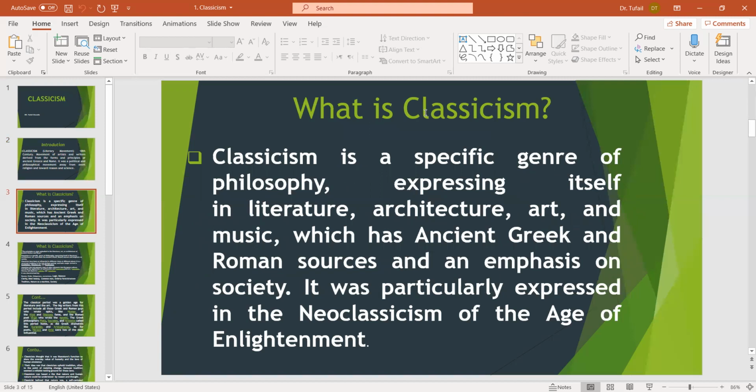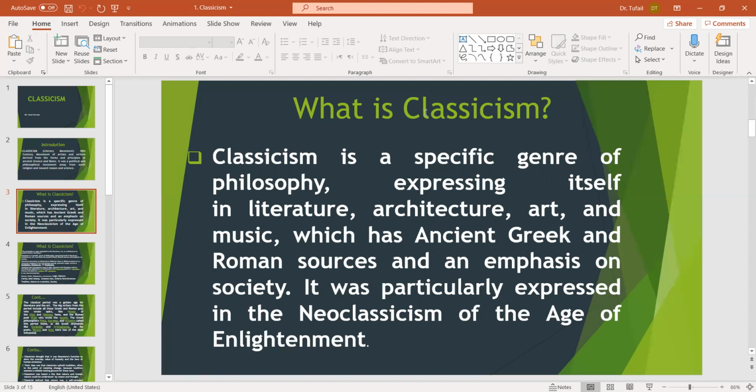So classicism basically is a specific genre philosophy. This expresses itself in literature, architecture, art, and music. It actually means we try to connect to the history of antiquity, the past models, which were coined maybe by the Greeks and the Romans. Here our concern is literature, but classicism not only encompasses literature,